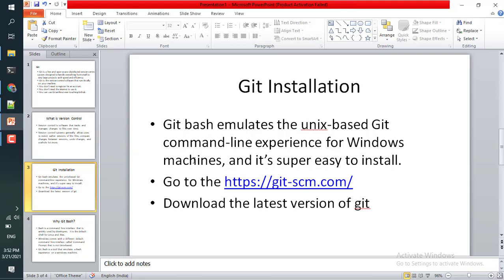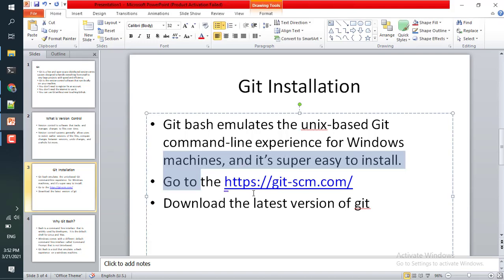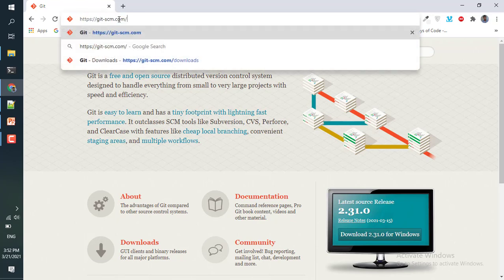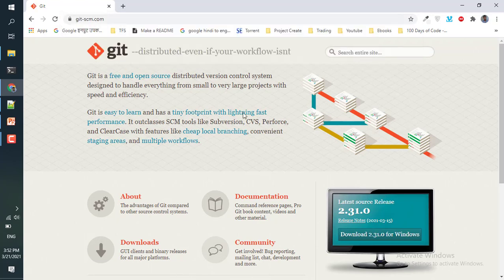For installing Git, we go to the website. I copy this link, go to my Chrome and hit enter, and there is the official Git website.